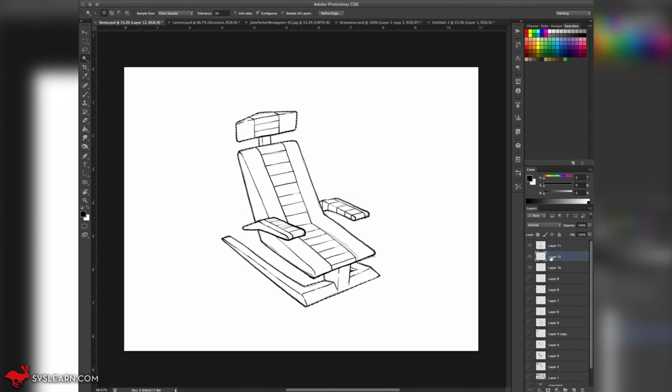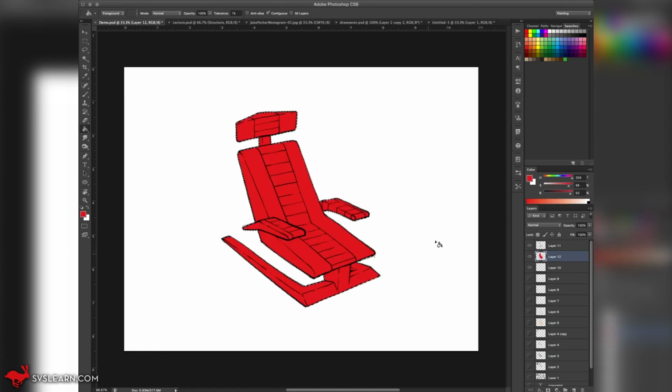Okay, and then fill it with a reddish color. There we go. All right, you know what? We'll do red. That's a good red. Okay, so now we've got that,